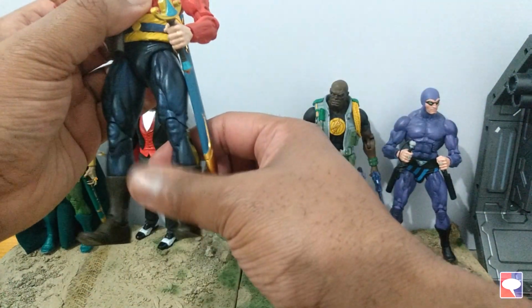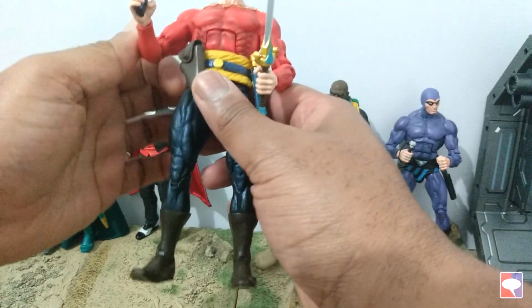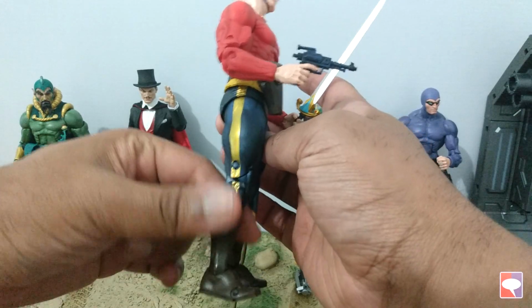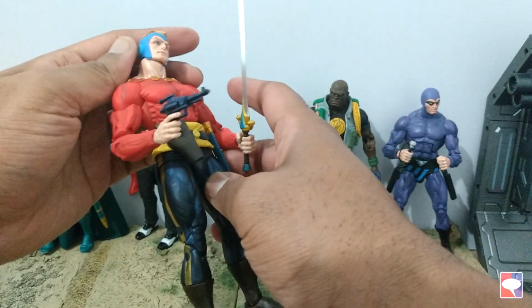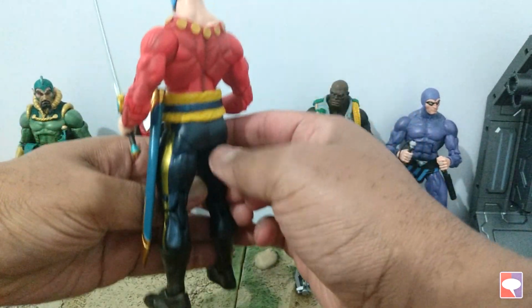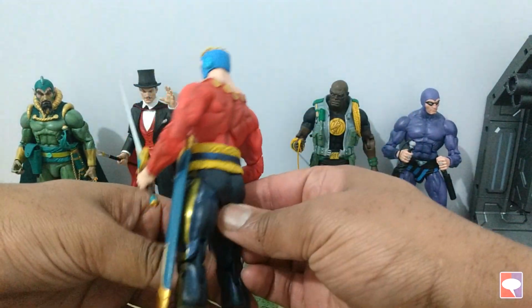The colors are simple. The boots are kind of brown grayish. There's kind of a gold stripe on the side of his thighs, legs, and so on. The paint coverage is not very good, so you can actually see underneath. Could be better. There is some shading across the body, but the good thing here of this version of Flash